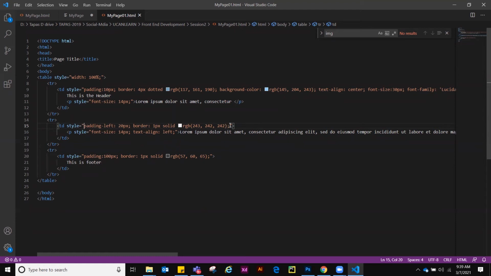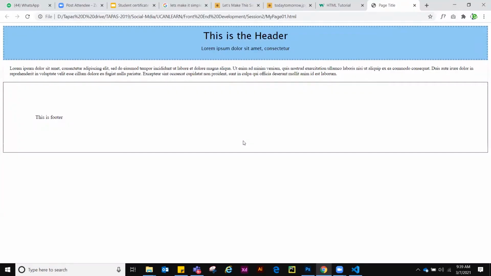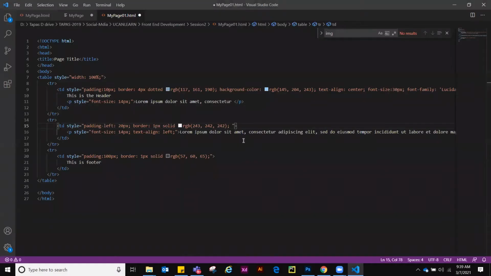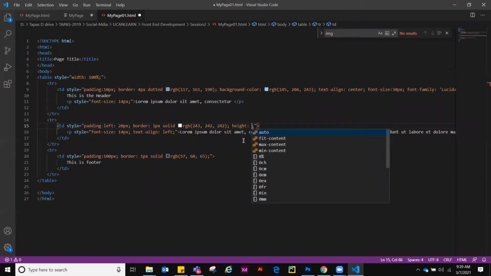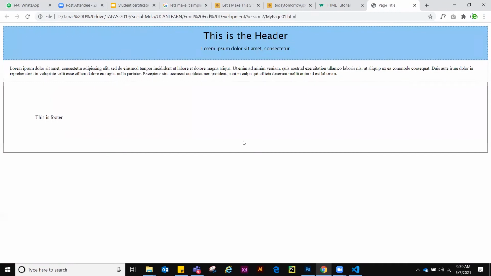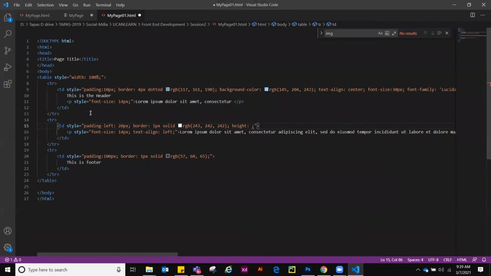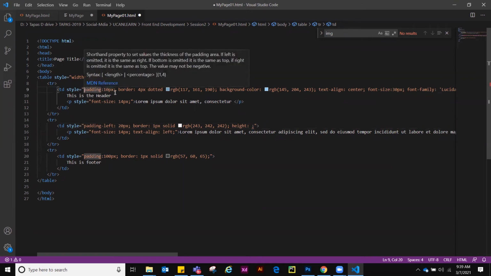Hold on. So now let's add some height, because the page is not getting covered entirely, right? Now remember one thing, try to use percent, not pixel. When you say pixel, that means it is fixed, it will not change, and that can bring scroll in our page, which is not suggested. So I have a page, and I can easily divide it into 3 sections: header, body, and footer. In the header, I can say, hey header, you should have a height of like 10%.